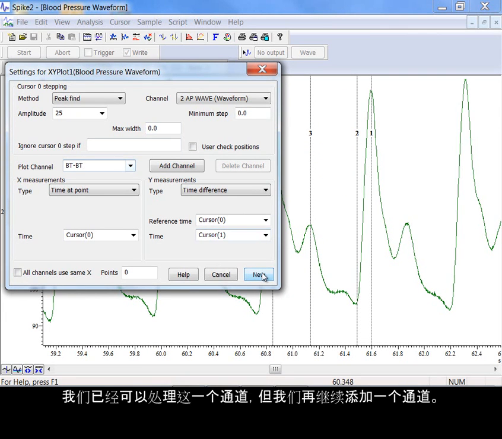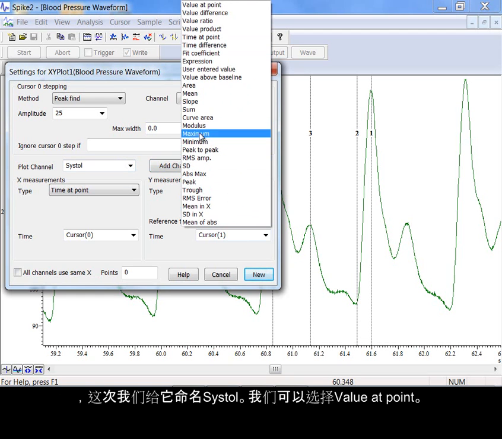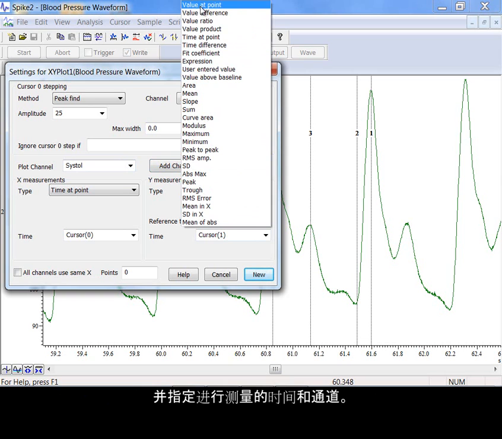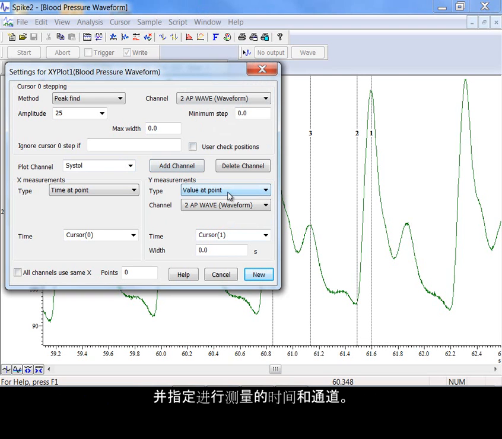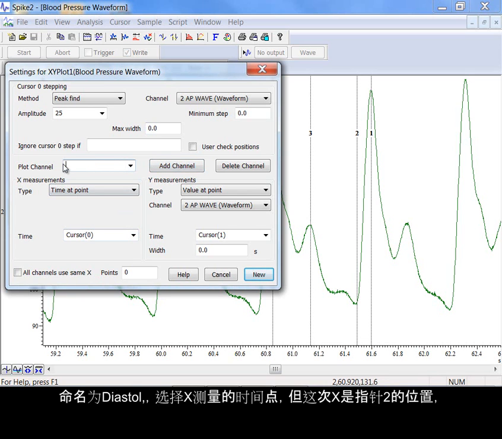We could process this one channel, but let's add another. Once again, we can title it systole this time. We can choose value at point and specify the time and the channel to take the measurement from. We could change the X measurement for this channel independently of all others, but let's add a third channel, labeling